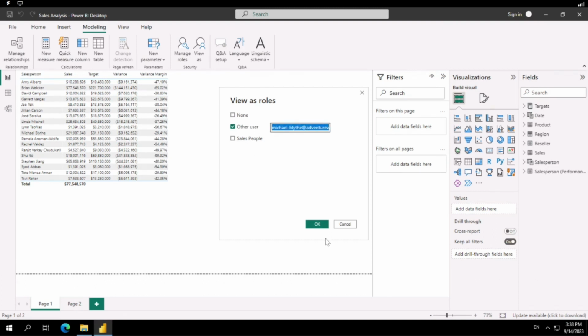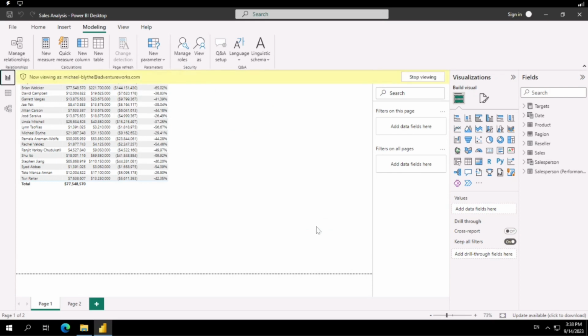Michael Blith at adventureworks.com. If you click on OK, it will show that we are now viewing as Michael Blith Adventure Works. But you see that nothing has happened here,